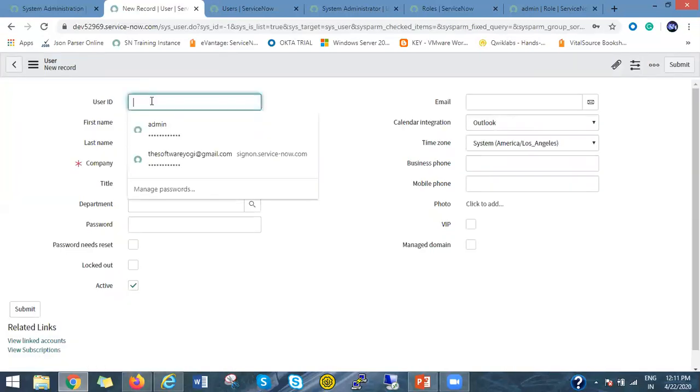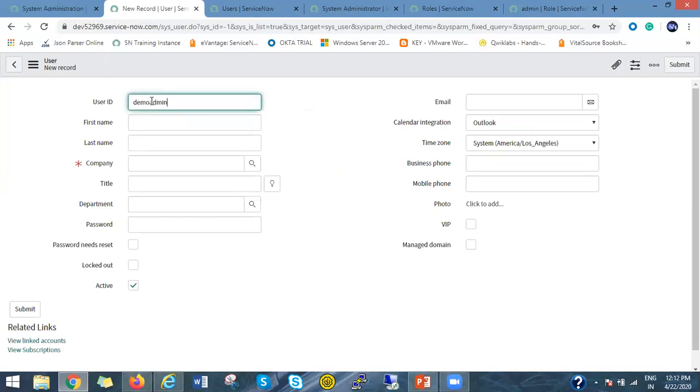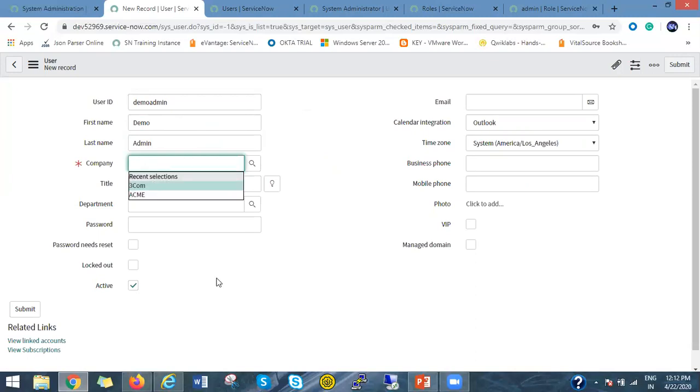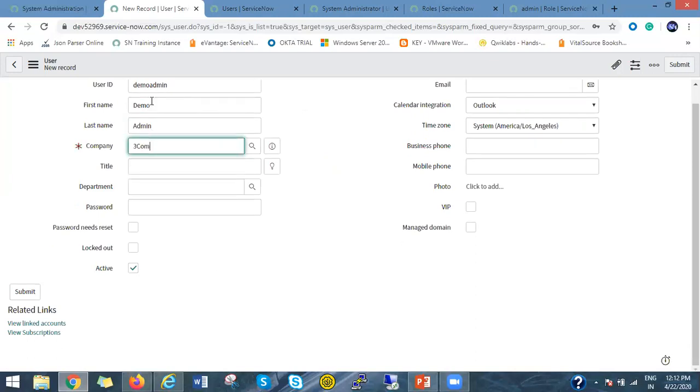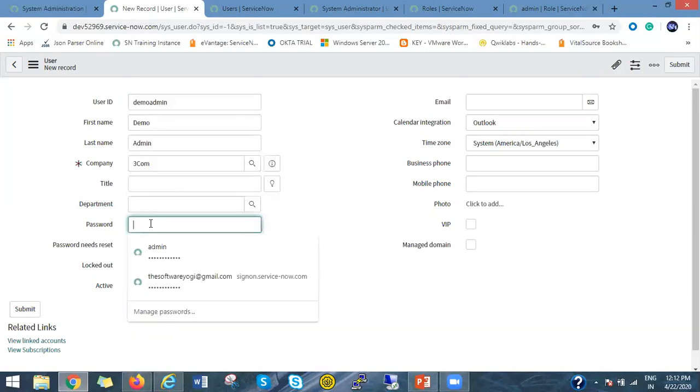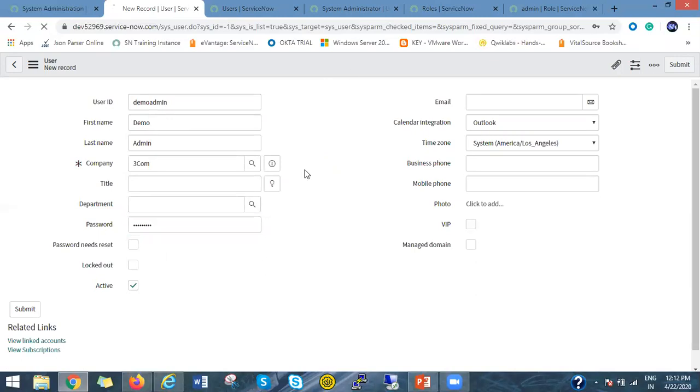Let's say demo admin is the user ID, the first name is demo, the last name is admin, and the company will be, let's say, 3com. For the password, let's keep the password the same, demo admin. Just save this record.